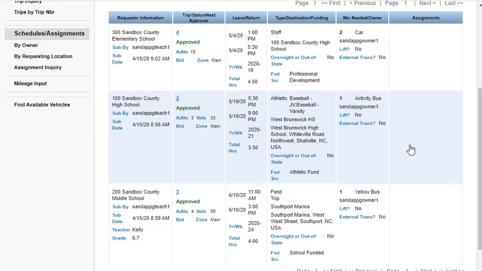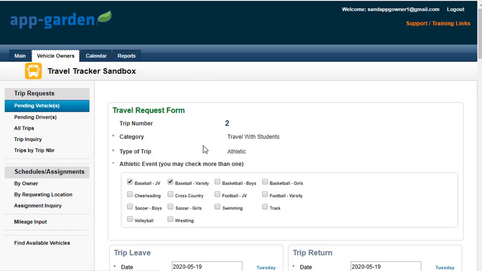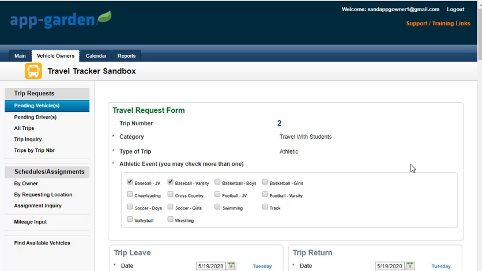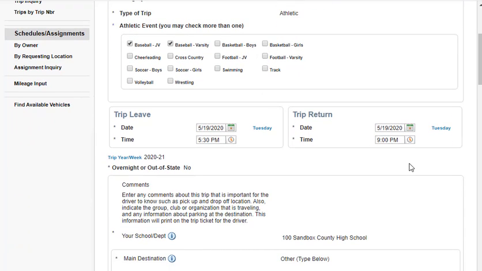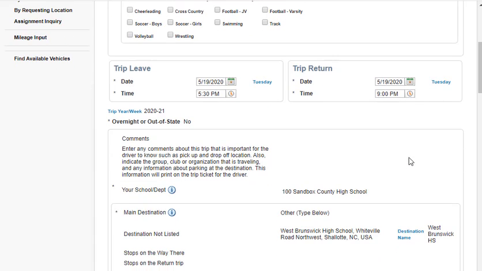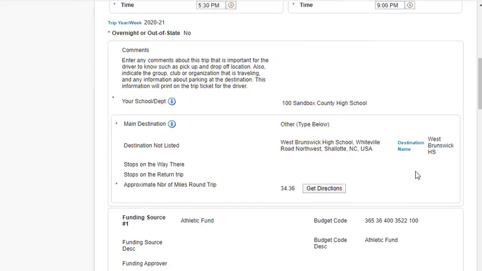In order to make the assignment, you'll click to open the request. So let's take a look at this high school trip that's asking for an activity bus for an athletic trip. So we're going to click and open the form. And even as the owner, I can notice that I have some editing, and I can make changes if I need to the trip